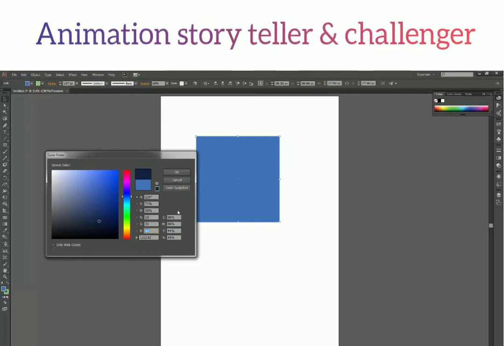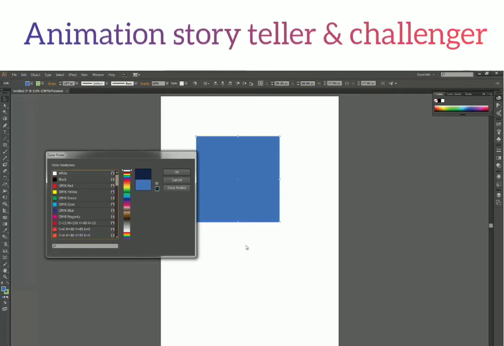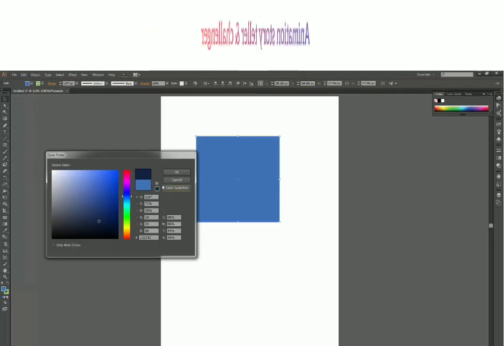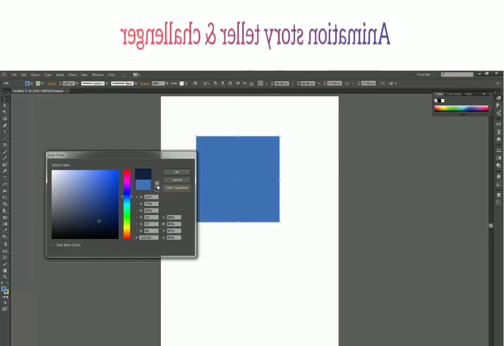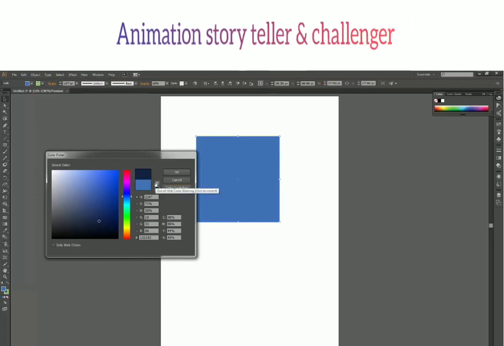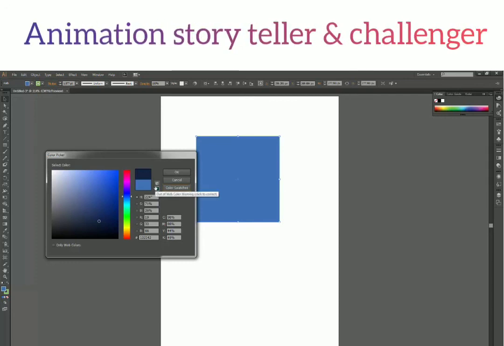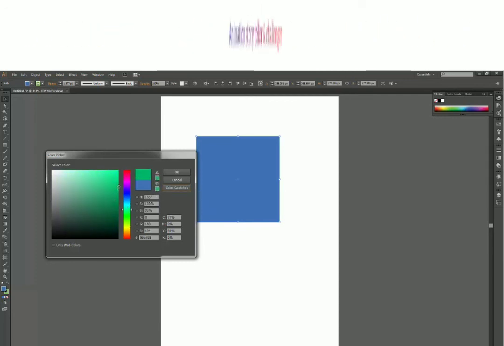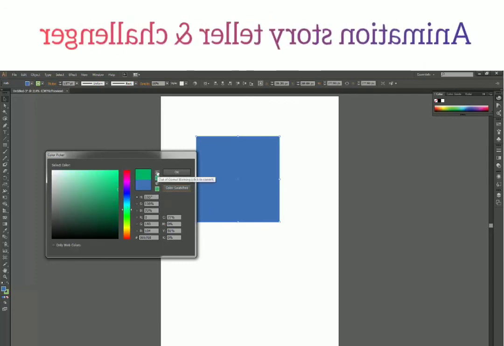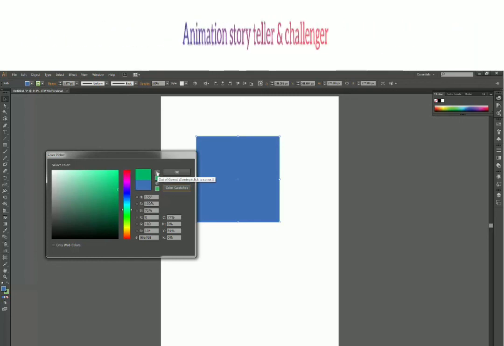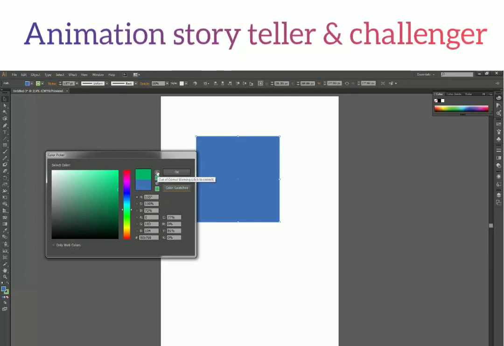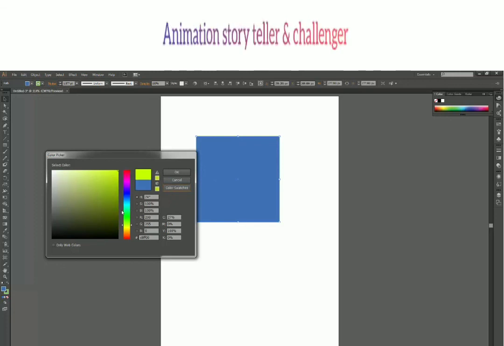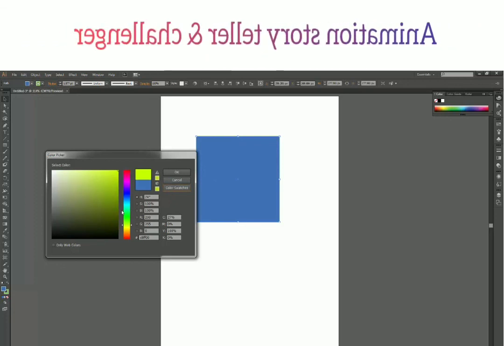That's all with the color picker. I'm not going to cover color swatches over here. We will cover it in future chapters. And there's this out of web color warning, auto correction, and when I select some color like this, I get this warning. All this we will cover when we cover color theory. So we will not worry about these things right now. Just feel free to experiment with colors the way you want.